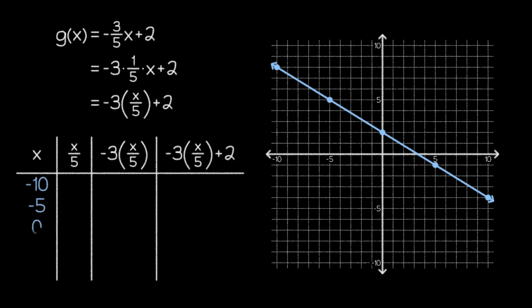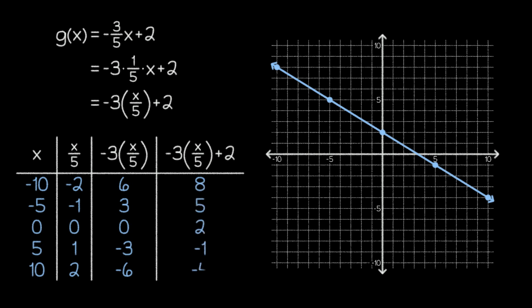As we fill in the table, there might be one column in particular that jumps out at you. Notice that after we divide each of our inputs by 5, we get the integers from -2 to 2. These were the 5 values that we used as inputs earlier in this video, and even though we eventually stepped away from using them as inputs, they still made an appearance in our problem-solving process.